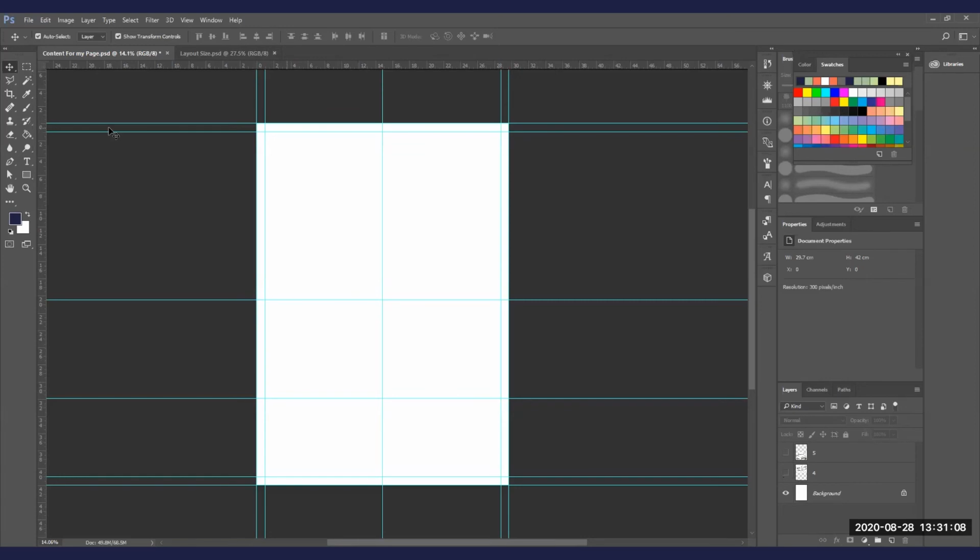The first thing you need to do is, let's say I have taken one portrait orientation of sheet. I'll use the ruler tools to create the margins for me, so that I get a reference that here I want to restrict my design, whatever image I have, in this much area.